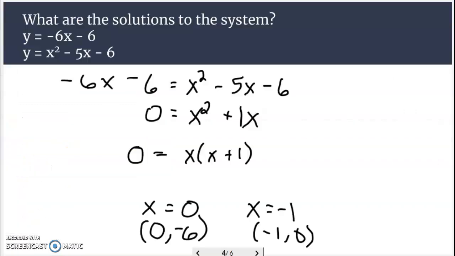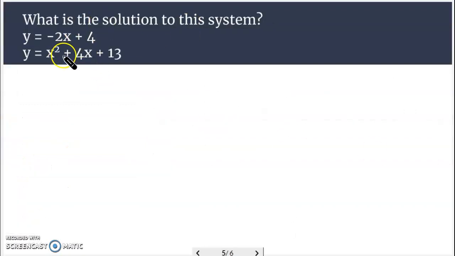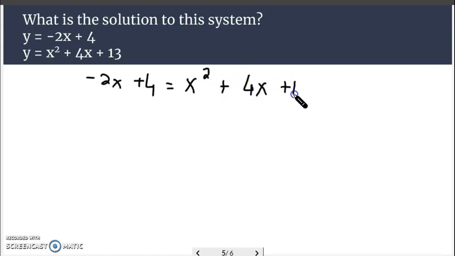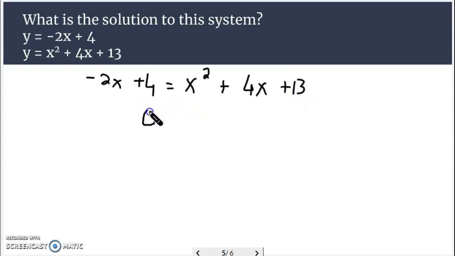Alright, let's look at another one here. What's the solution to this system? Negative 2x plus 4, x squared plus 4x plus 13. Again, set them equal to each other. And let's get everything to one side. We are going to add 2x to both sides, and that'll give us 6x. We will subtract 4 from both sides. That'll give us 9. Turns out we have a perfect square trinomial here, and that factors into x plus 3